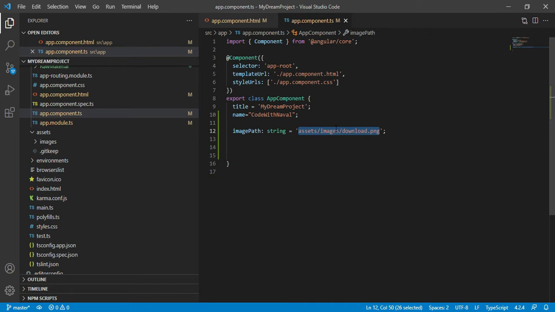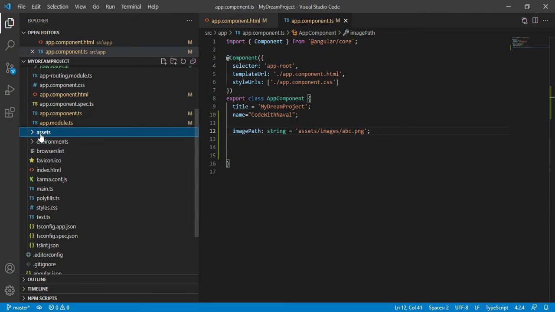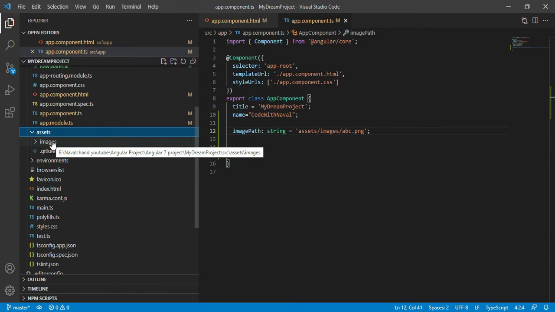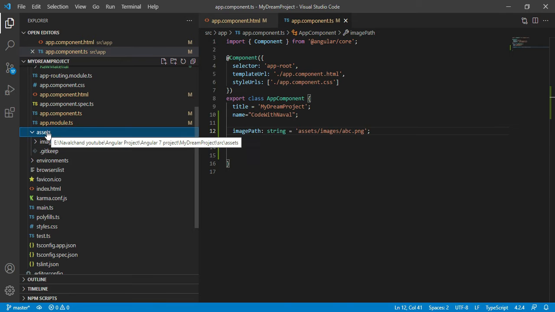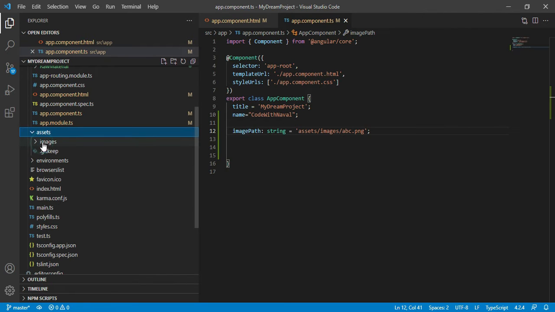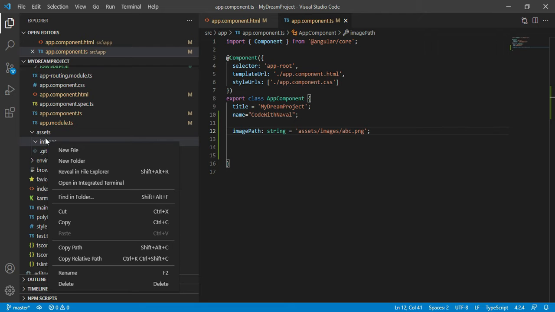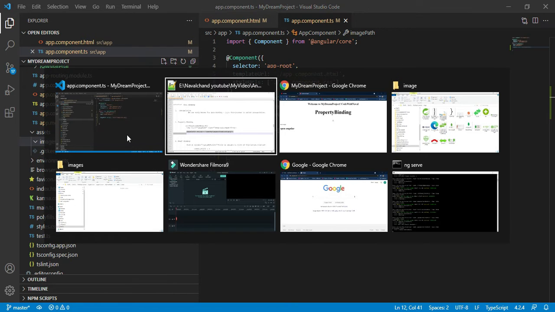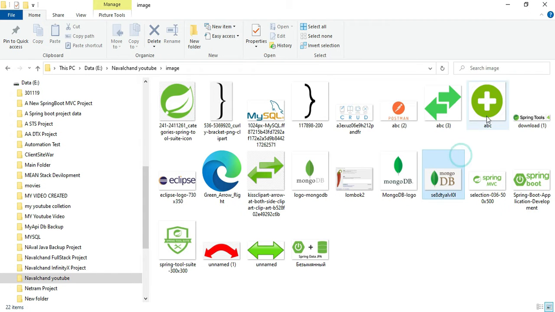Let's add one image inside the assets image folder. I'll simply rename it abc. Inside the assets we have an image folder. If you don't have that image folder, first create it: right click, new folder, and create the image folder. Once you create it, you have to paste the image inside. I already have the image abc.